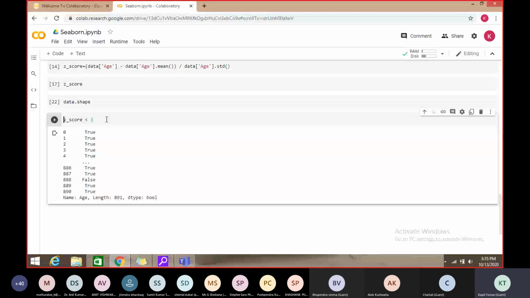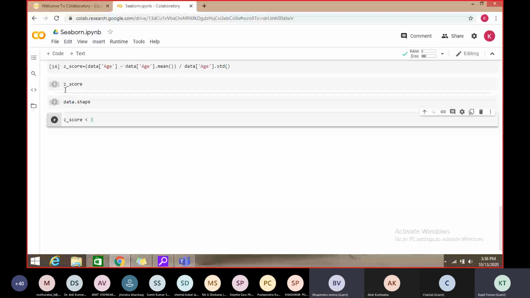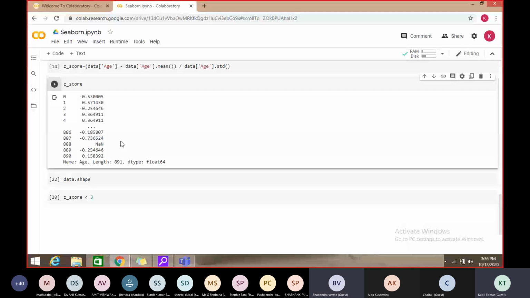So we have to insert these values into the column, right? Ultimately we have just found out the Z-score, then these values can be inserted into the column, and then we can further check which values are acceptable and which are not acceptable for my data model. So this is one way.